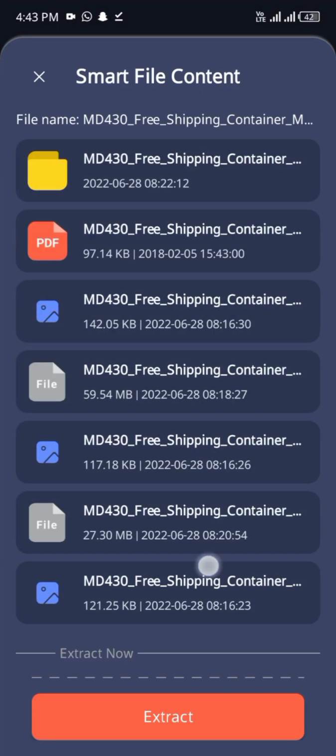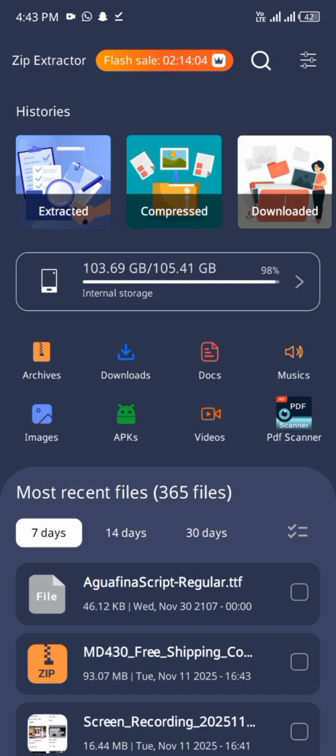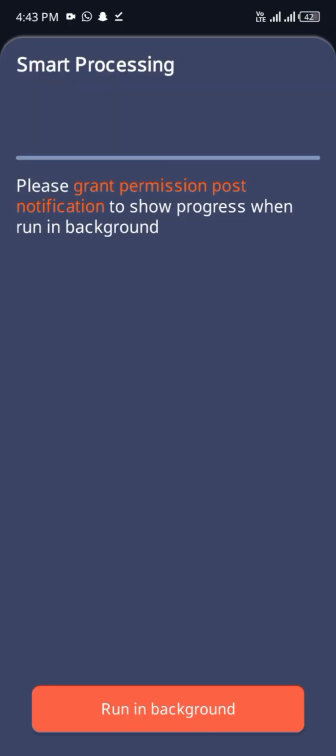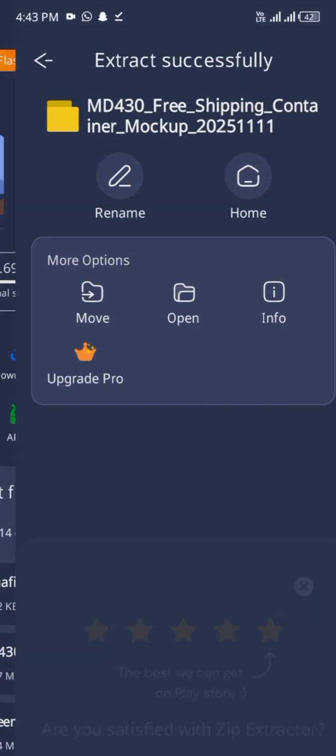So this is everything. This is the file. So we click on extract. You can decide to change the name. Best to extract without your data so you don't have to be watching unnecessary ads. So once we're done, you can simply